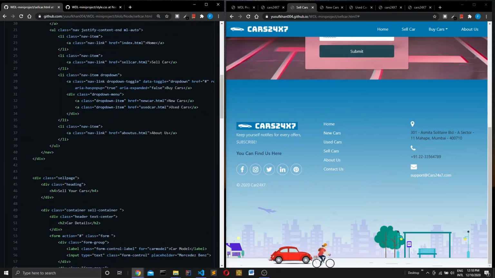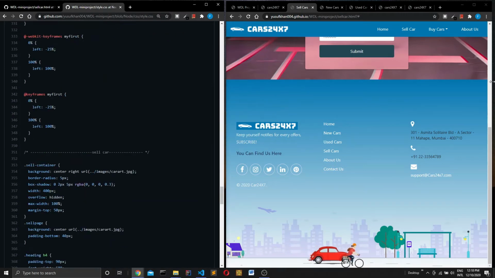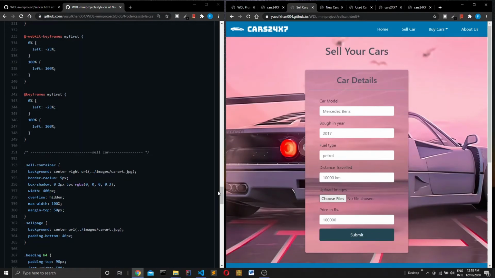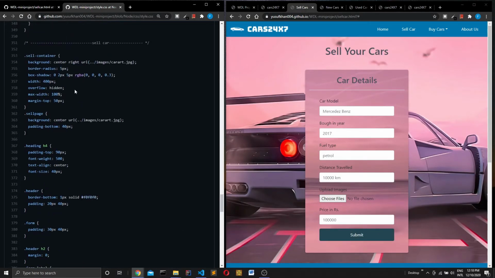Okay, and now coming to the CSS part of this page. So this is the sell container. This is the car details and everything right in the middle. It styles this part. For the body we have given a flex element, and then justified everything right in the center so that it displays right in the center every time. And we have given a border radius and box shadow so that it feels like it's levitating. Then a width of 400 pixels and so on.